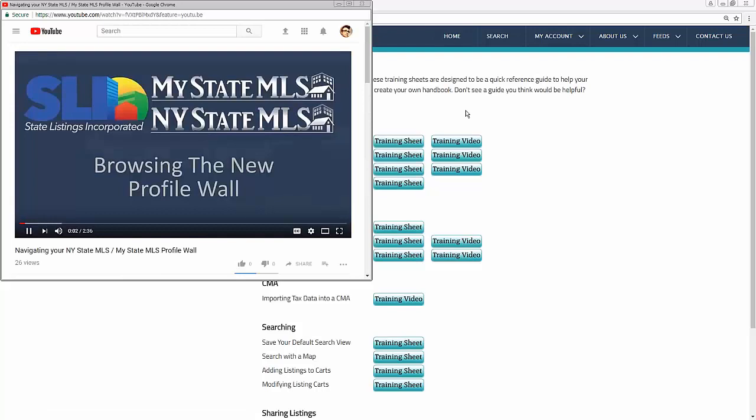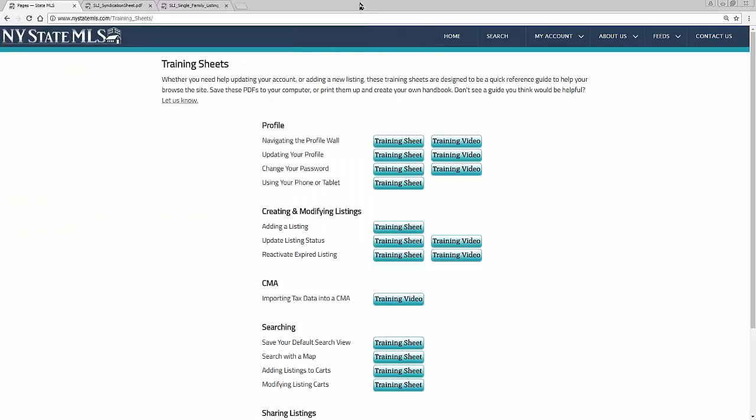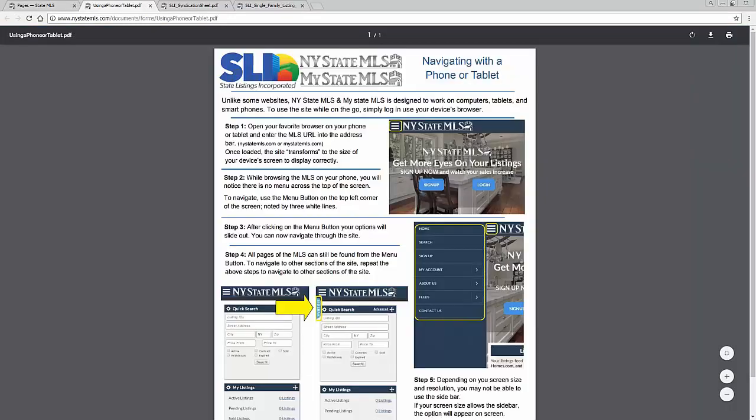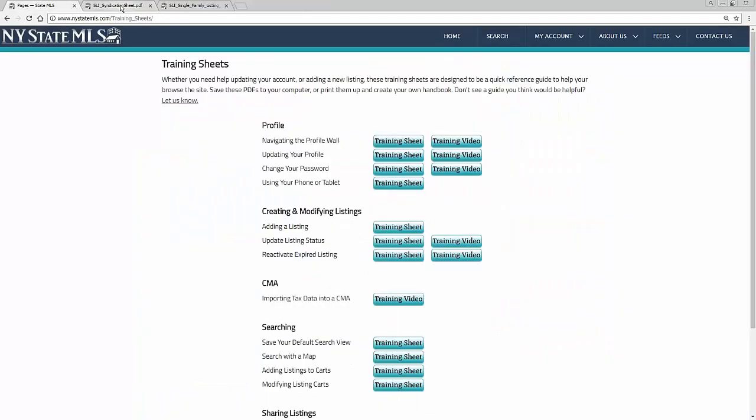And we're adding more training sheets, more training videos, so you'll be able to go through and watch these at your leisure anytime that you need them. What's great about the training sheets is since we've made them specifically one page each, you can go ahead, print these up, and create essentially your own handbook. You don't have to worry about going to this page ever again. You can just print it up and have a training book that you can access